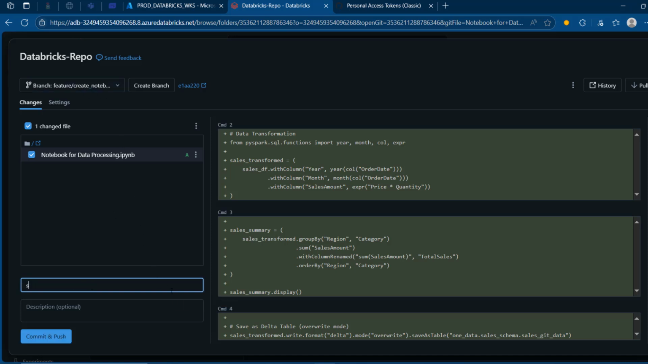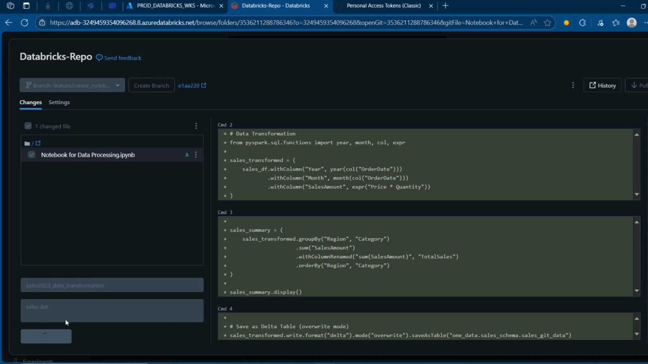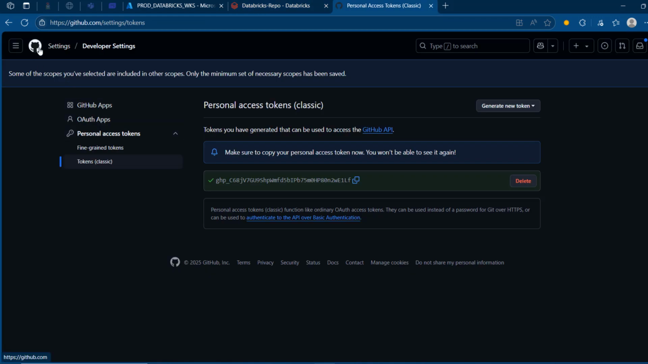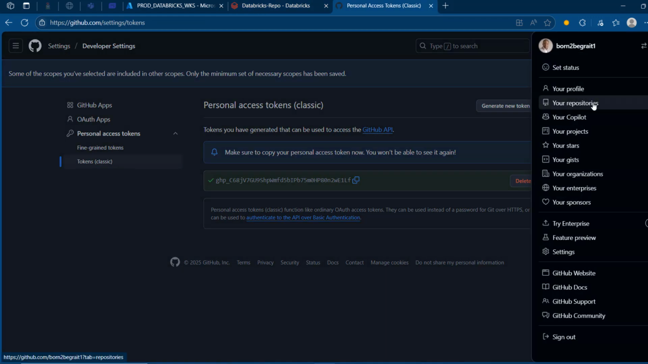I'm just going to call this one sales_2023_data_transformation. And I'm going to put in a description. Let me just go to sales data, and I'm going to click on commit and push. When I click on that, we're going to see that the message "successfully committed and pushed changes to the feature branch" is returned. Awesome. So I'm going to come back here and I'm going to switch back to my repository,